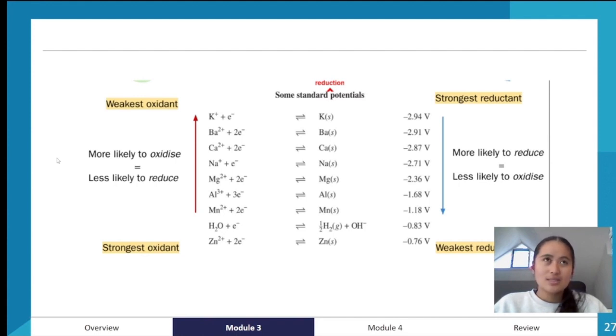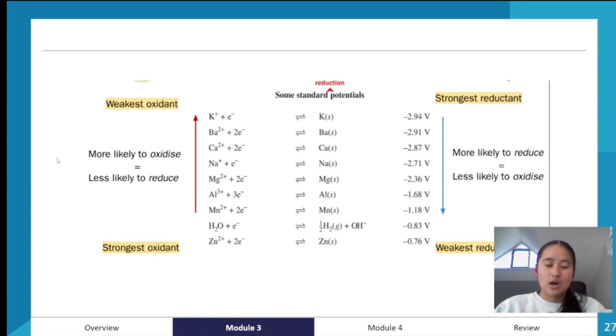And how this ties in with your reactivity series of metals is that your more reactive metals are therefore more likely to want to reduce. They're more likely to reduce and less likely to oxidize. So that's basically that. We'll talk about using these standard potentials in a practice question in a second, but just remember